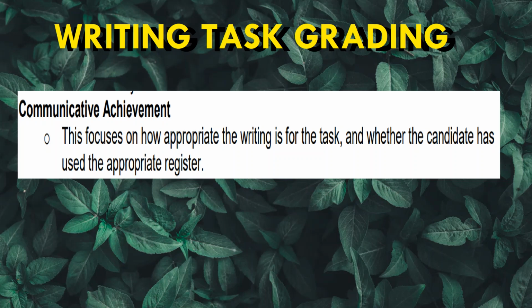Second is communicative achievement. This one focuses on how appropriate the writing is for the task and whether or not you have used the appropriate register. So there's 2 things there. One, how well did you meet the conventions of the text type? So is your essay using essay structure? Is your article using article structure? Is your letter using the structure of a letter? Is your report, does it look like a report? Your review, does it look like a review? So that's the first thing, how well you actually achieve the task itself. And then second,